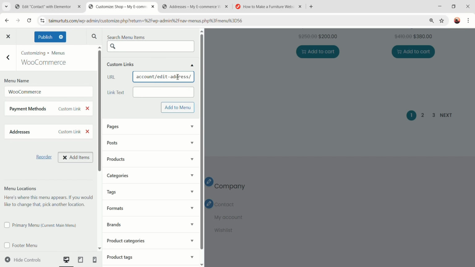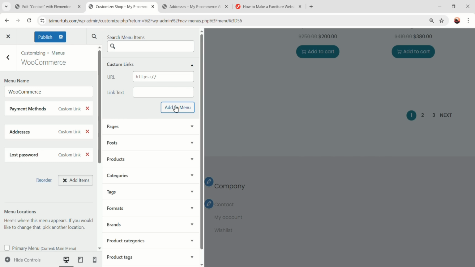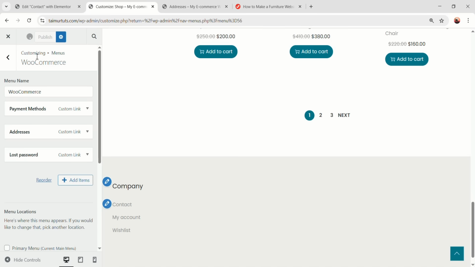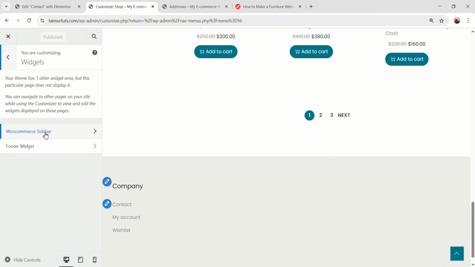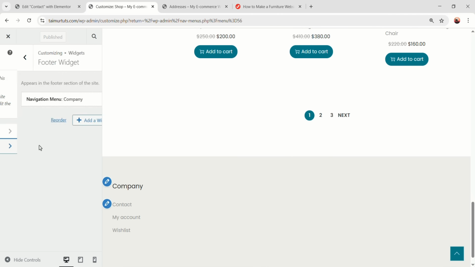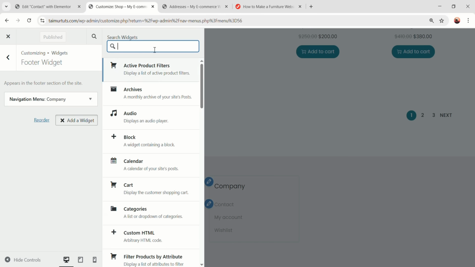the link, but instead of edit address, just type lost hyphen password and rename this lost password and add it to menu. So by clicking on this menu, people can go to the lost password page. Okay, now let's publish, then go back, go to the widgets, go to the footer widgets and add widget, navigation